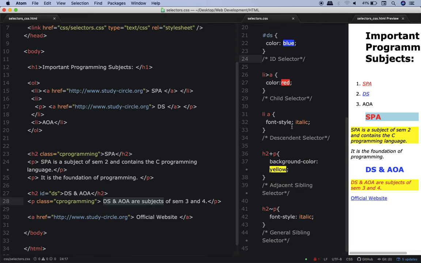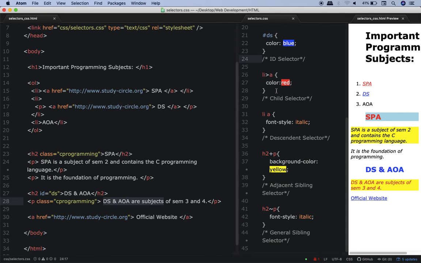Now the next 3-4 selectors are slightly difficult. Pay good attention over here. Although they are difficult, they are quite interesting. Now over here, this thing, li greater than symbol a, is the child selector. First of all, pause the video and figure out whom this thing is affecting in the HTML code. Come on, do that. Many of you must have figured out that this thing is affecting this SPA. The red color of this SPA is because of this CSS code.